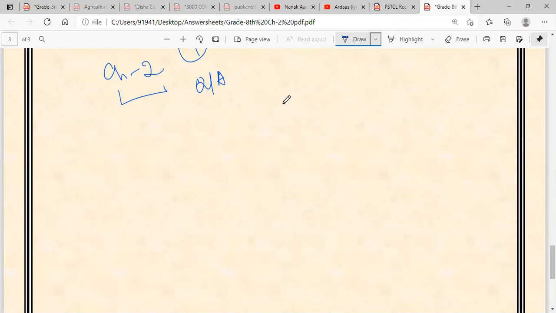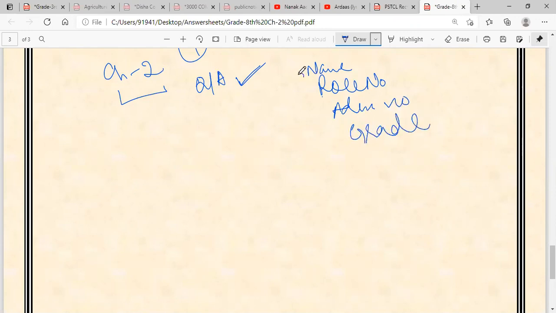Your picture should be clear, and whenever you send me the PDF, write your name, roll number, admission number, and your grade. These four things should also be mentioned with your PDF. Otherwise, I will not accept your PDF.